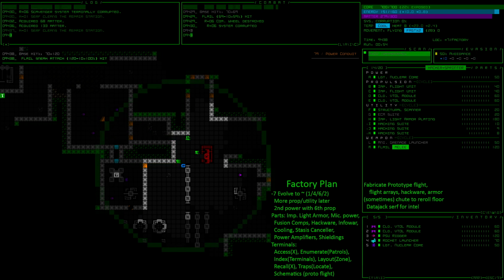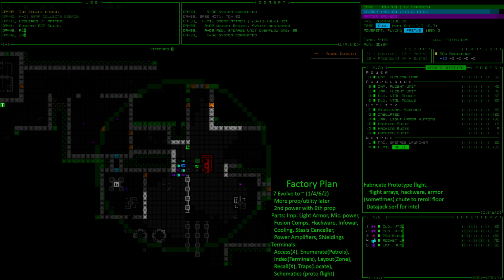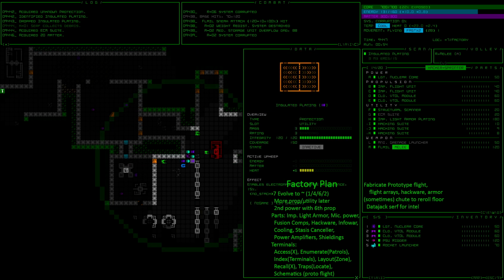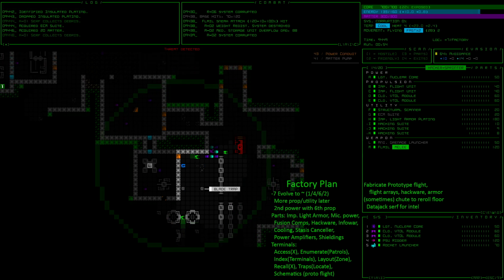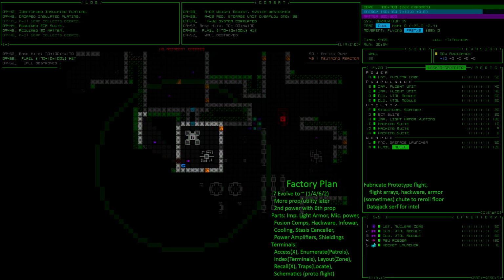So I'm going to attack this guy and just see what happens here. Well, he was not carrying prototypes. And we don't really care about this insulated plating. This is like okay. It's a little bit better than the light armor. Ooh. Hello, blade trap. But we're just gonna dig straight into this